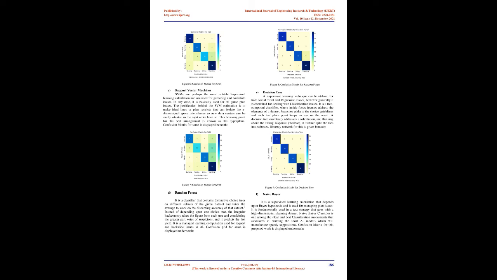These calculations are portrayed beneath with their confusion matrix. The presentation results are given in Table 1, which shows the recall, accuracy of different classifiers utilized in the proposed approach. 1. Confusion matrix. It is a 2-dimensional lattice used to gauge the general exhibition of the AI learning calculation. In the grid, each row is related with the anticipated action class, and every column is related with the genuine action class. The lattice contrasts the objective action and the movement anticipated by the model. This gives a superior thought of what kinds of blunders our classifier has made.